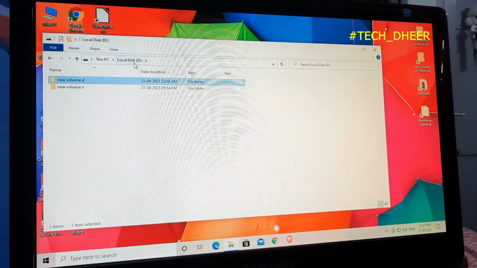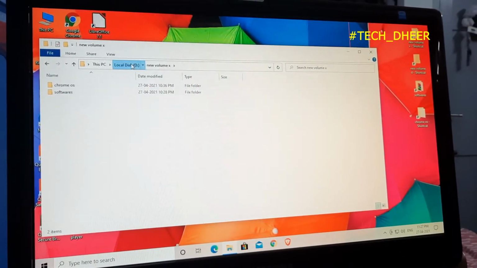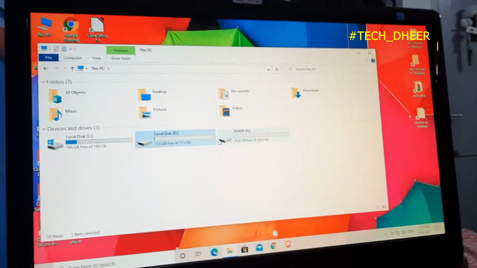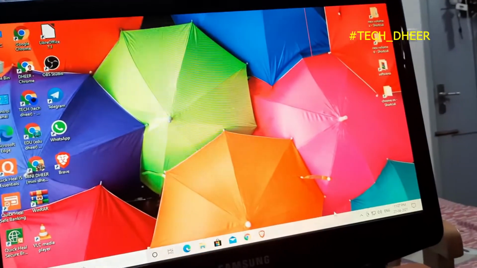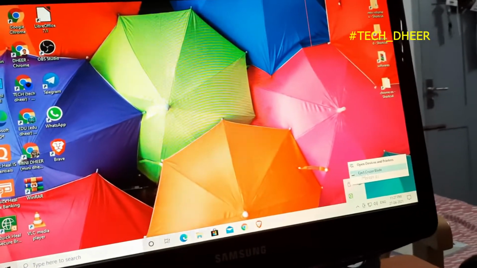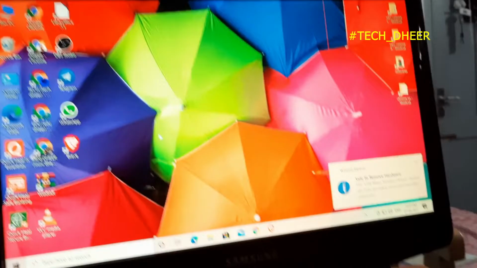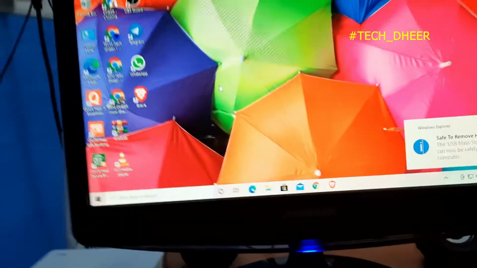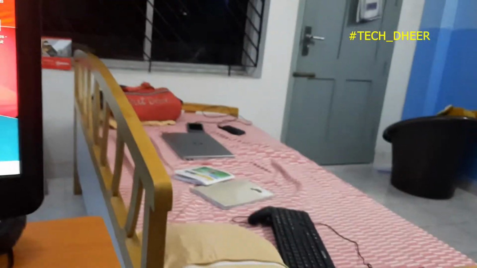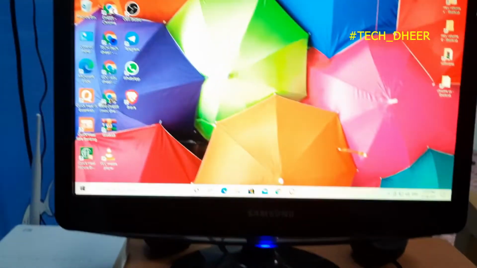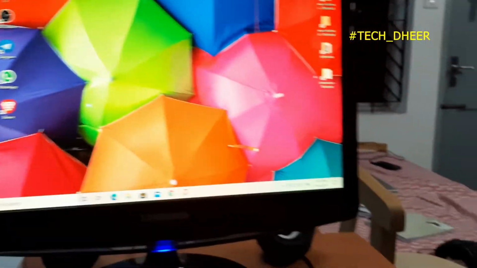Volume. Okay, where is it? Okay, there is nothing in this. Okay, I'll just eject it first because it's now normal. I'll just eject it. Since this PC is freshly installed, Windows 10 is there in this PC, I have not added any files. It's in the other laptop, which is right over here. So I'll put some files later. First we'll just start this and I'll show you the specs.